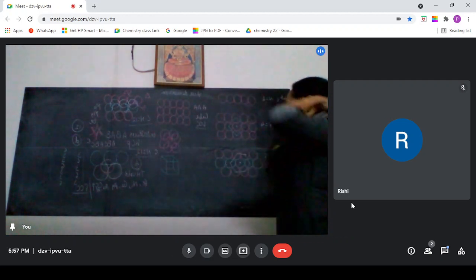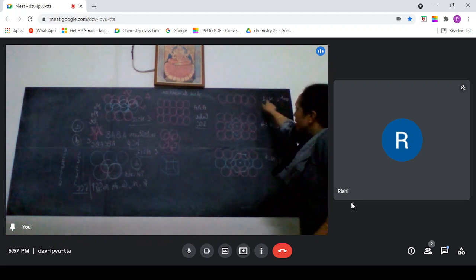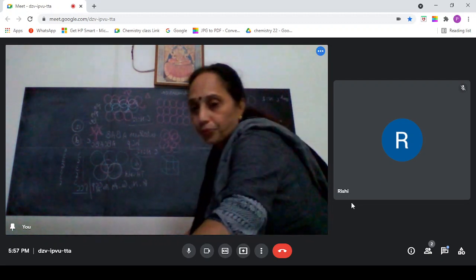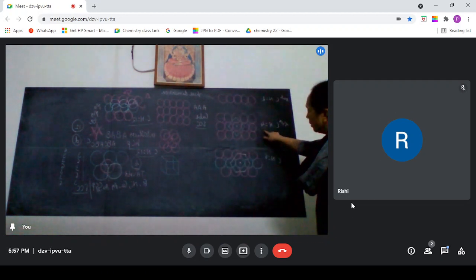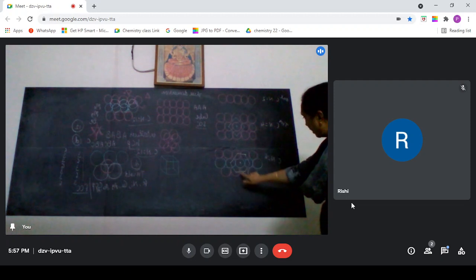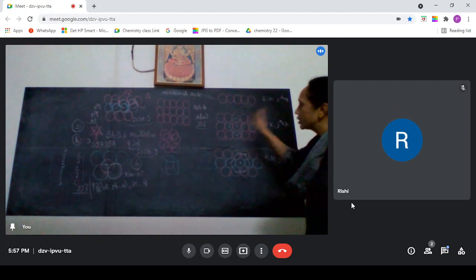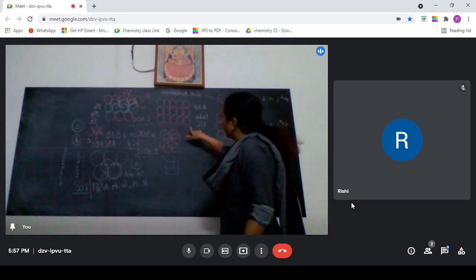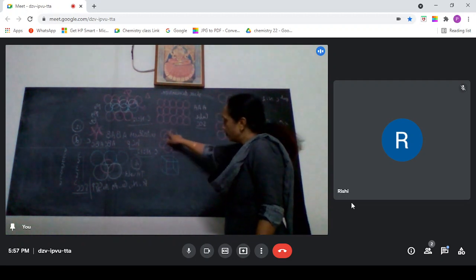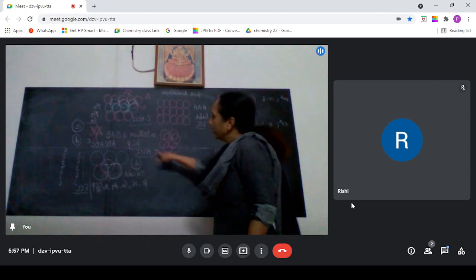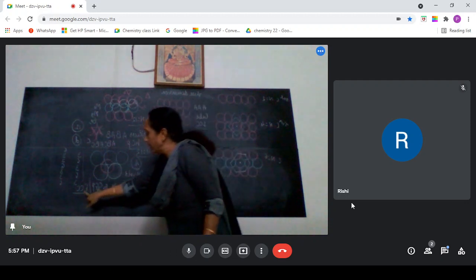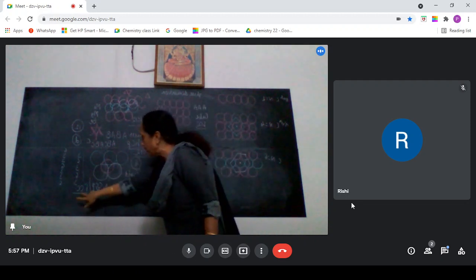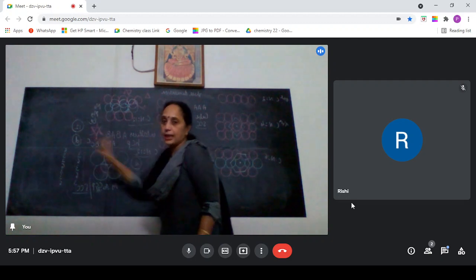So what does that mean now? In coordination number, this is 2. I'll show you. Coordination number 2 in 1 dimension. In 2 dimensions, it can be square close packing or hexagonal close packing. This is coordination number 6 and this is 4. In 3 dimensions, it can be a simple cube like this, or it can be hexagonal close packing AB type, or it can be face-centered cube or CCP. Both mean the same, ABC type.